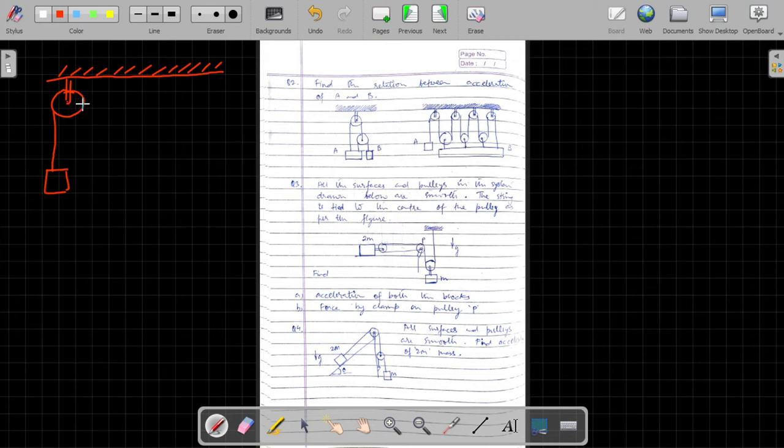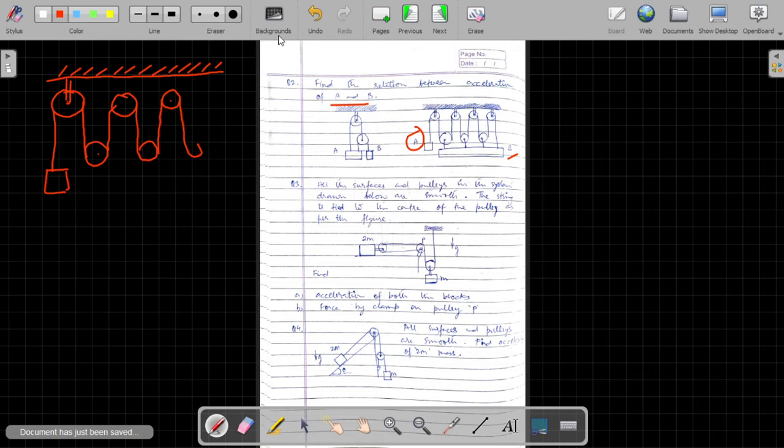So at first it may seem that it would be pretty difficult to find the relation between the acceleration of block A and the acceleration of block B. That is what we have to do in this question also. But it would be relatively easy to find if we are able to keep up with the number of pulleys. So there are 3 pulleys connected to the bottom block, and with the ceiling there are 4 pulleys connected.